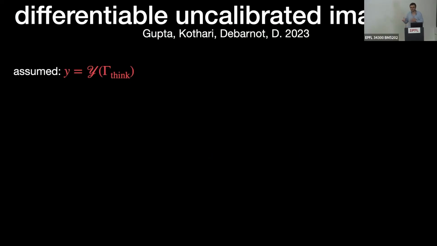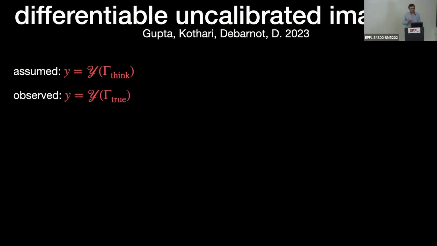So these neural fields that we can use to parameterize continuous functions, we can also use them to address this problem. And one way to pose it is like this. There's this fundamentally continuous object, the sinogram, which I call curly y there. And our measurements, discrete measurements, are obtained by sampling this fundamentally continuous object at some set of locations, some geometry that we believe is true. It's called gamma think. But in reality, this is what has happened. We sampled it at some other set of locations, which we call gamma true here.